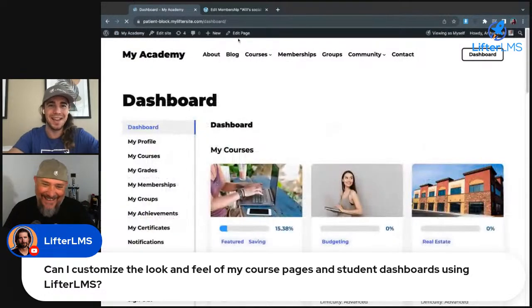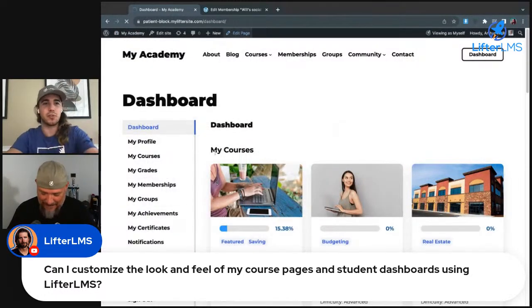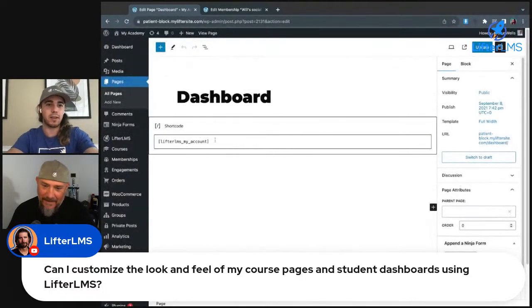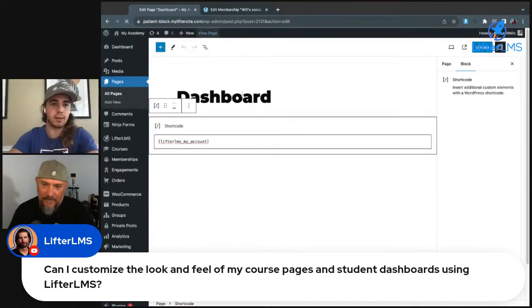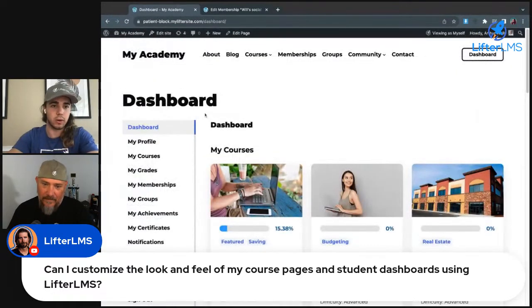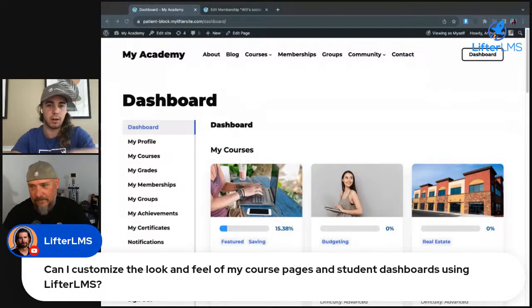Yeah, but like this student dashboard page we're taking a look at, we basically have just this shortcode that's generating all of that content. So customizing this page would come down heavily to the theme you're using. On my site, I'm using LifterLMS SkyPilot, so it styles it just like we see on screen out of the box. I could use CSS to customize it a bit more, but if you are using something like Elementor alongside LifterLMS, you could customize it even more. I have some videos on YouTube about how to create a custom dashboard using Elementor and LifterLMS.